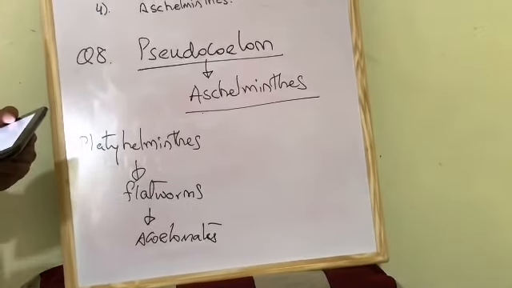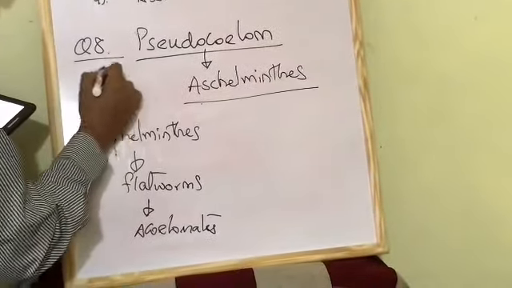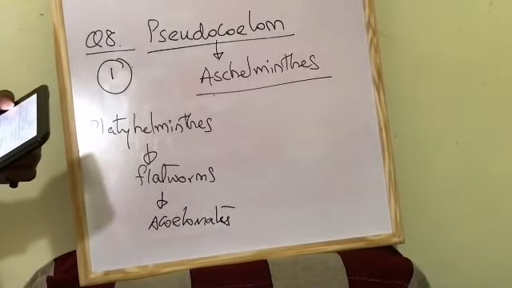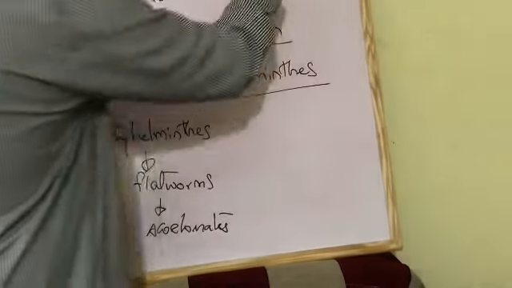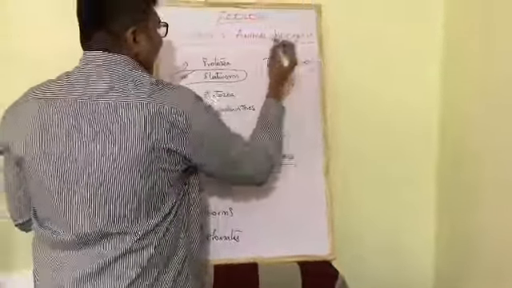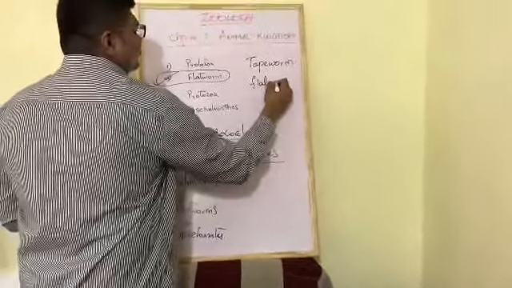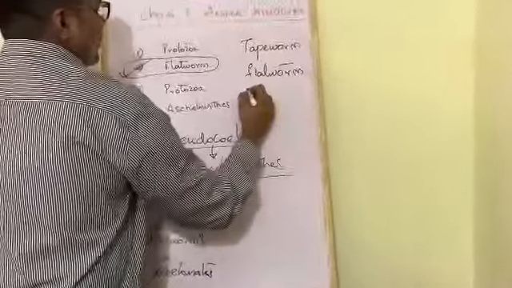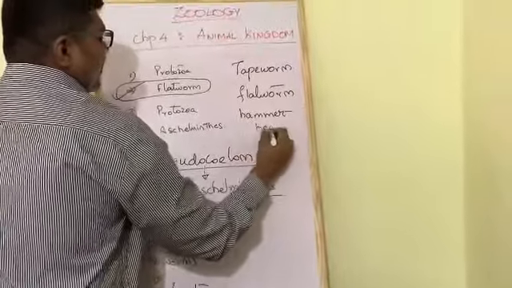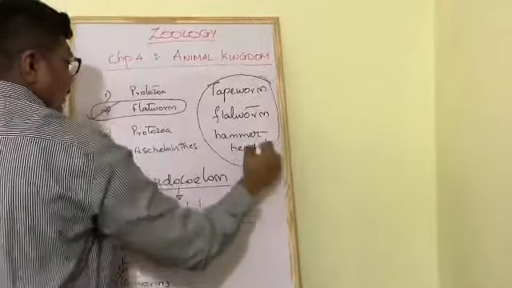Now according to that, question number 8, option number 1 contains Bipalium and Taenia. Taenia is tapeworm, I hope you know. And Bipalium is a flatworm, which is also commonly called hammer-headed flatworm. Hammer-headed flatworm. And both of these belong to